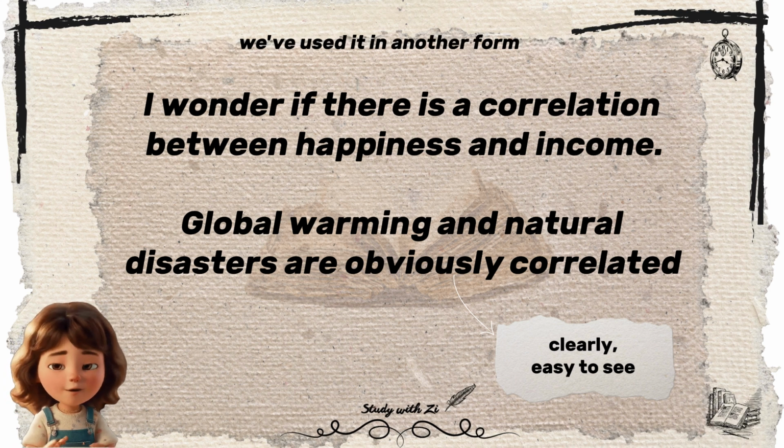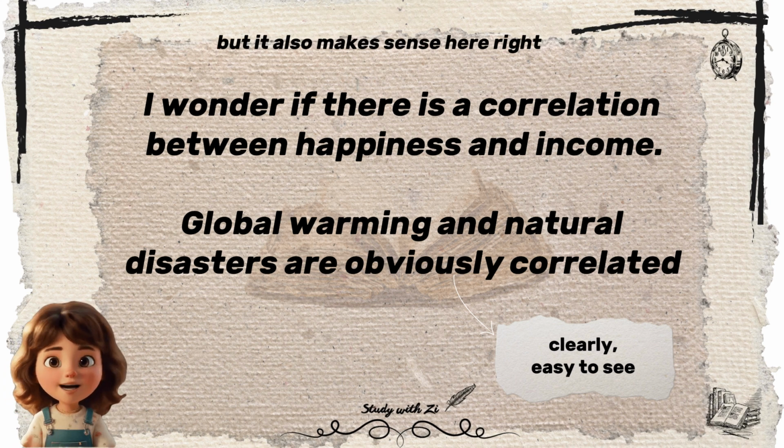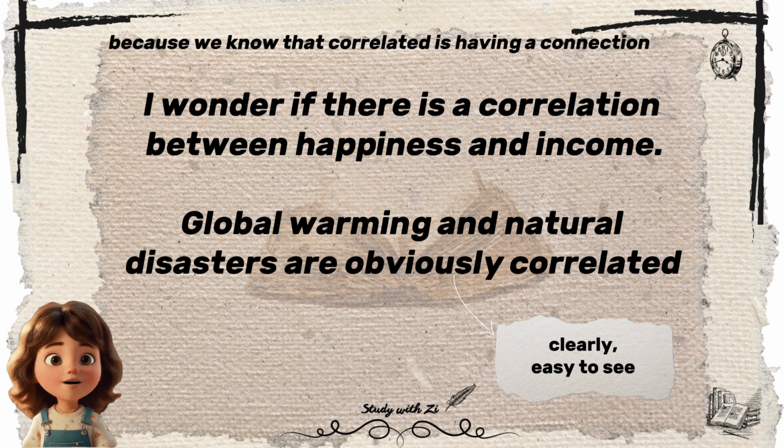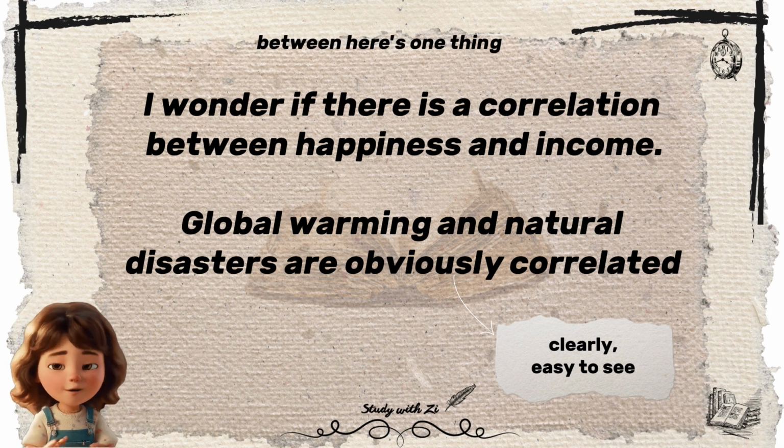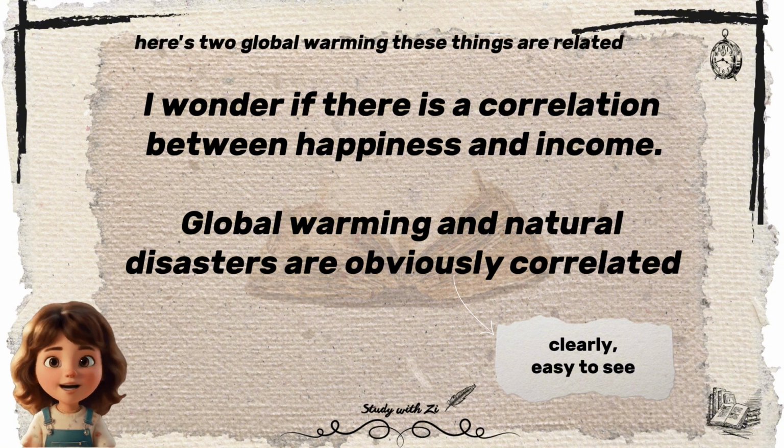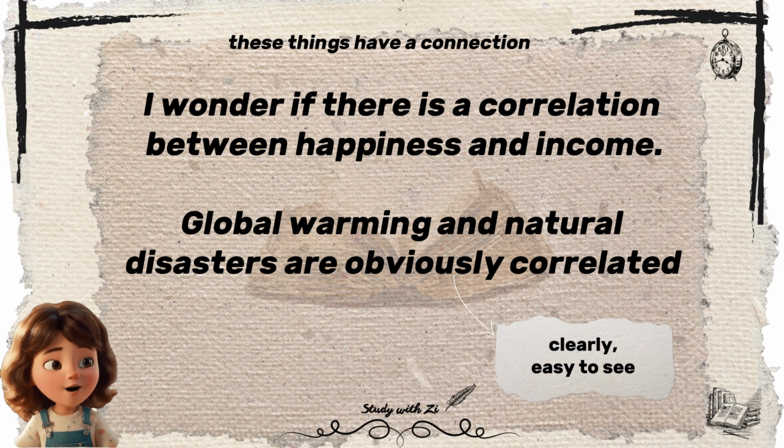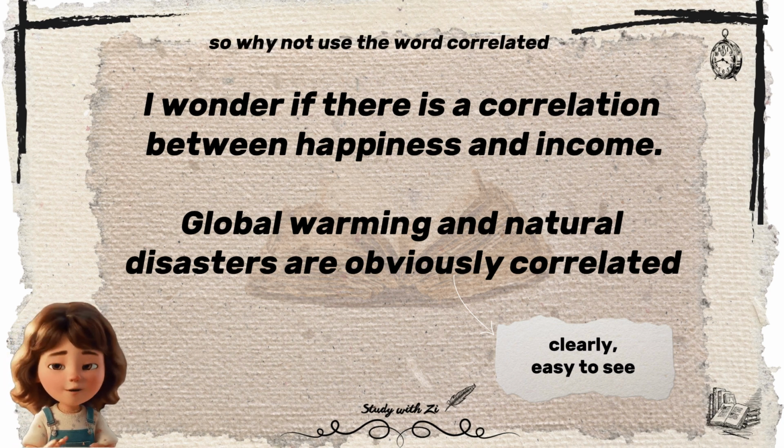Okay? We've used it in another form, but it also makes sense here, right? Because we know that correlated is having a connection between. Here's one thing, natural disasters. Here's two, global warming. These things are related. These things have a connection. So why not use the word